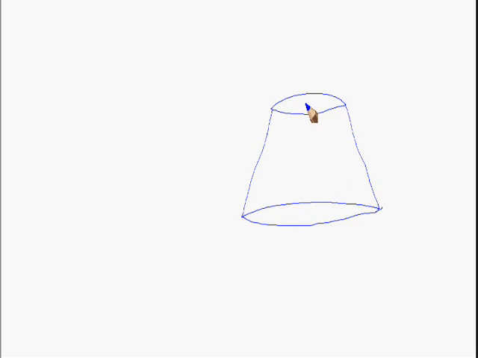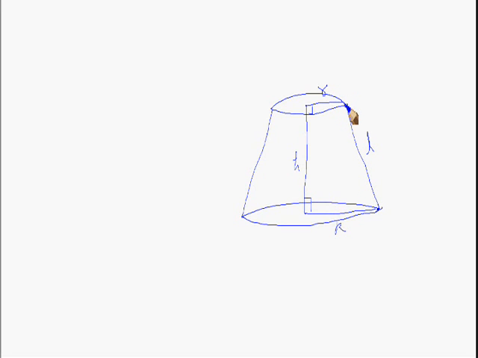The upper part is circular in nature. Let's see, the radius of the upper part is small r and the radius of the lower part is capital R. The distance between their centers is called the height of the frustum, and the distance is called the slant height of the frustum. Now we can find the relationship between these four variables.